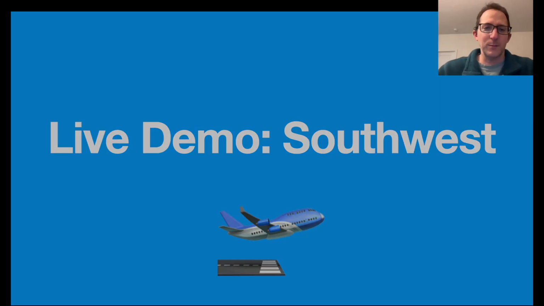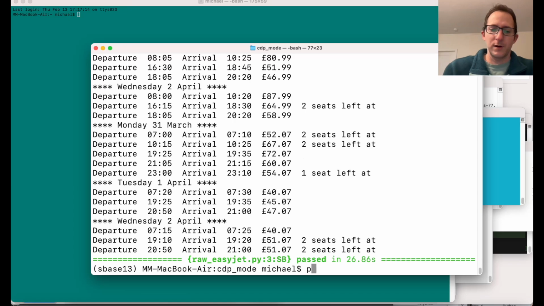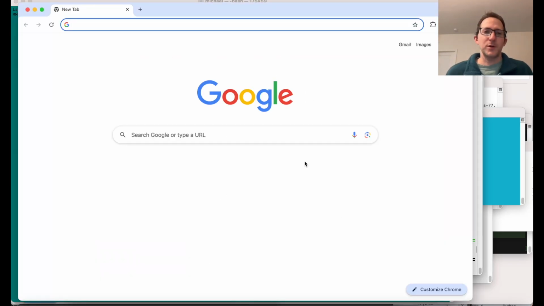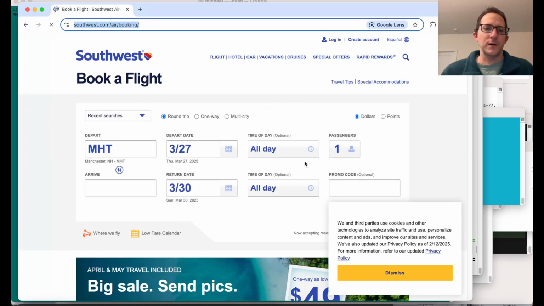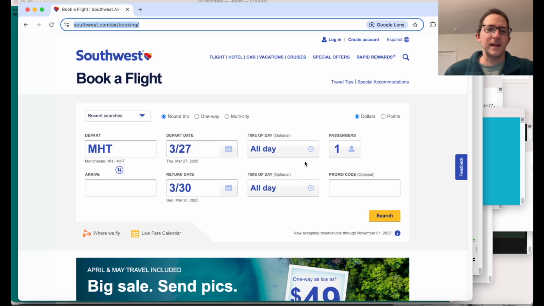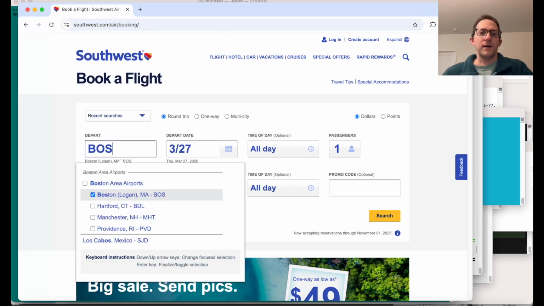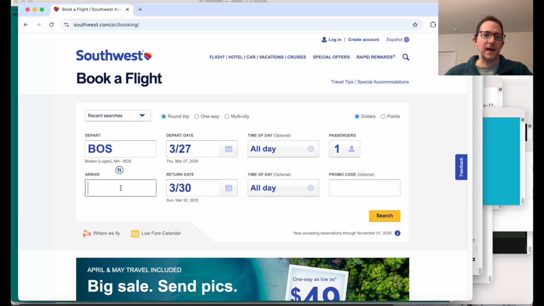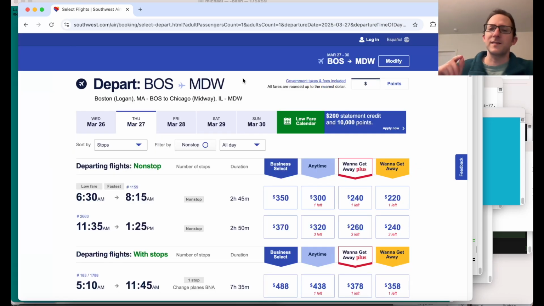So let's do a live demo of that. Exit out of here, and we're going to do python southwest.py. And now we're going to run that script. We're going to see how it types in the data we need. So we're going to depart from Boston, and it's going to set that. And then the script is going to put in MDW, which is Chicago's Midway Airport, which is a tiny little